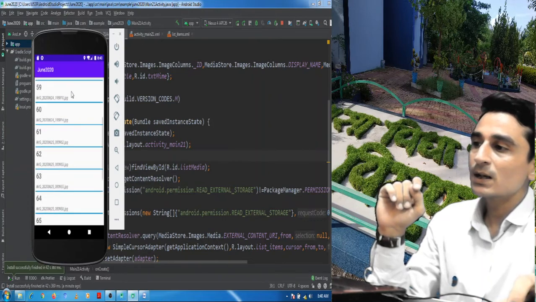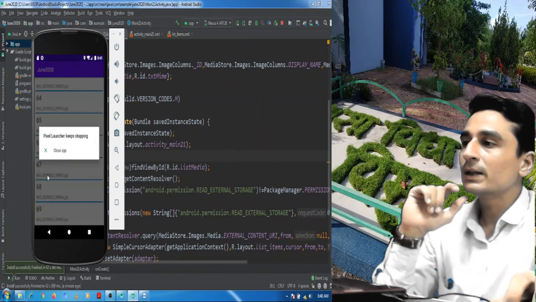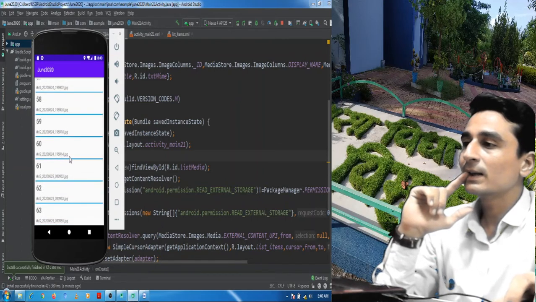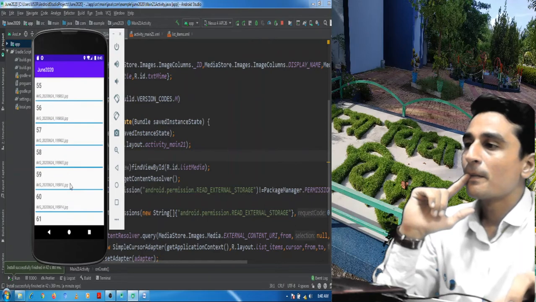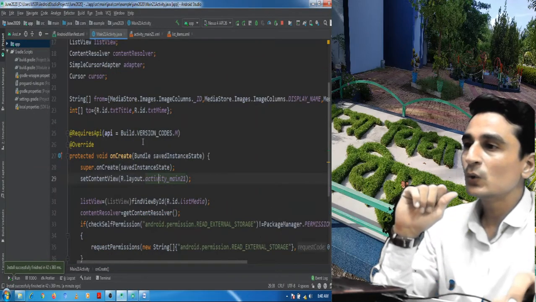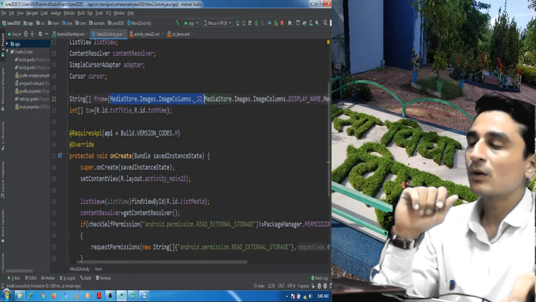Yeah, you can see here the images are added. Okay, now see, these are the titles. One more thing we should do here is that if we remove this ID from here,